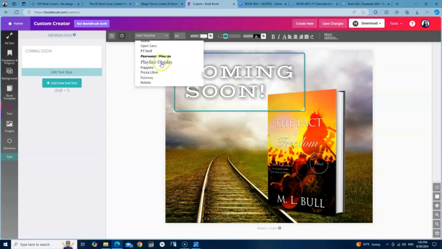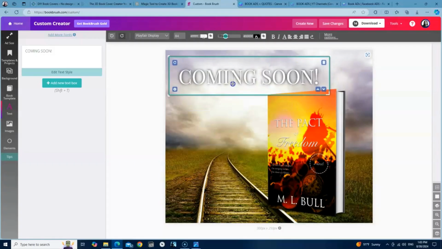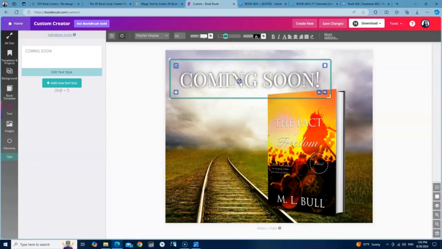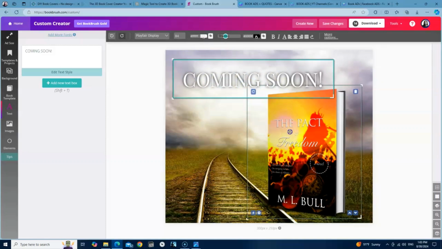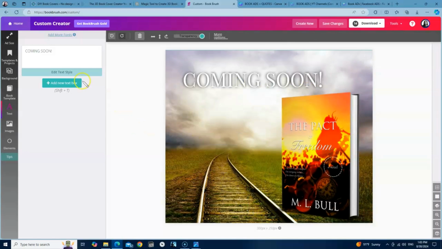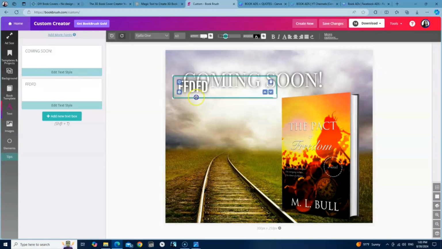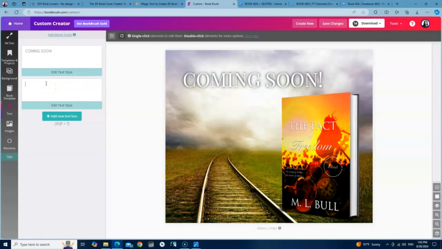I don't know, I'll just choose this one, I guess. You can just resize it. You can also change the color of the font if you want, but it's just an example. And then you can also add a pitch. You can add a pitch, for example,